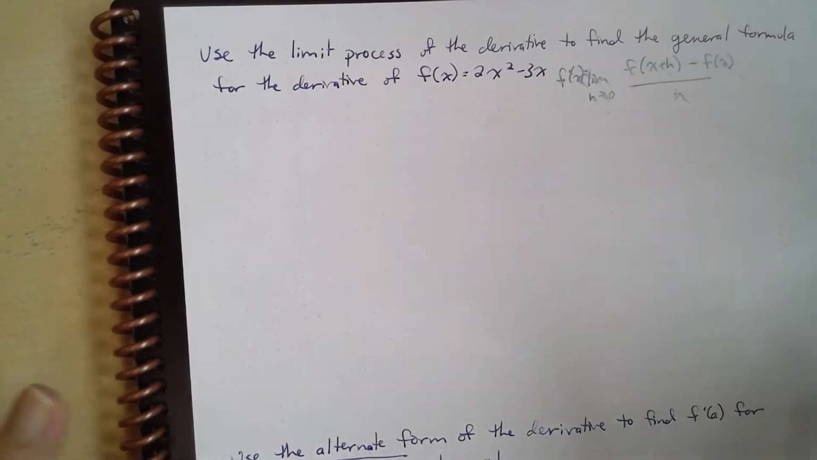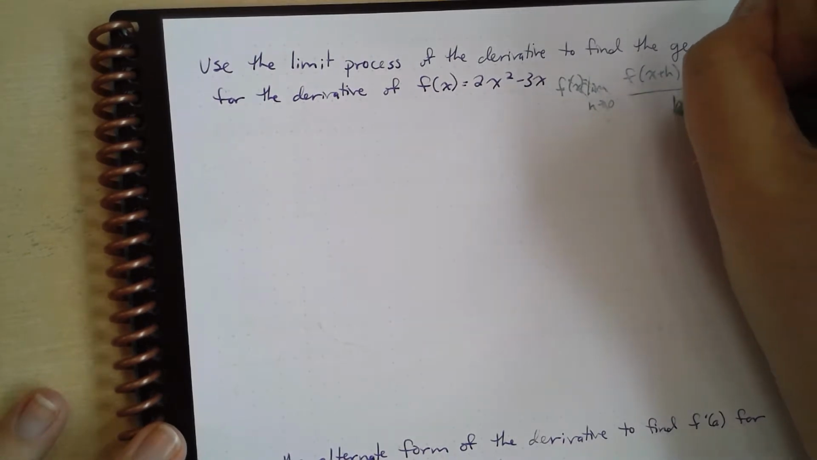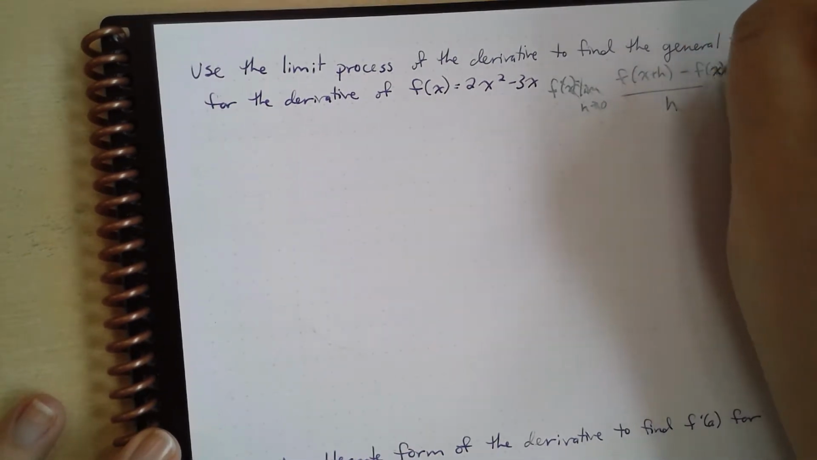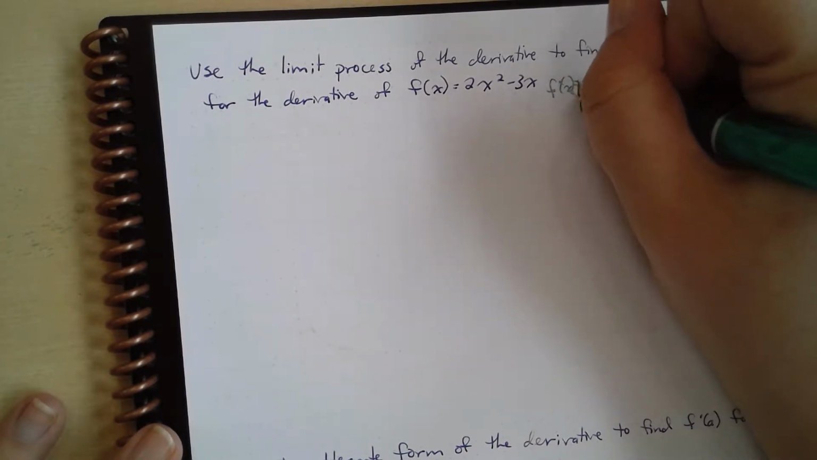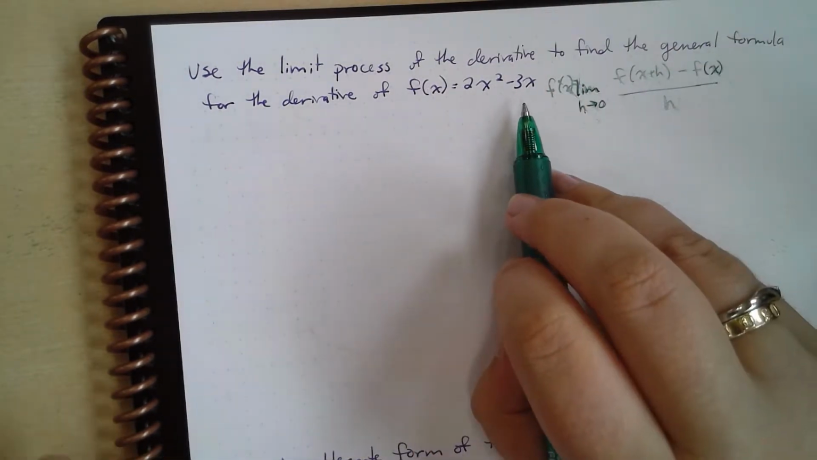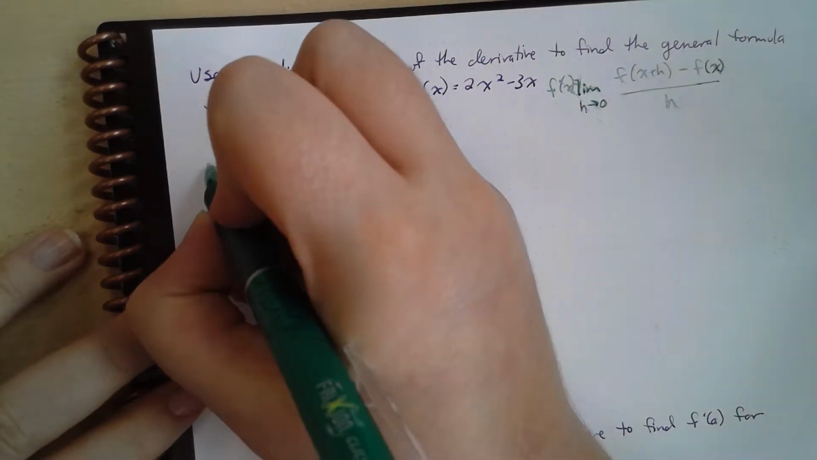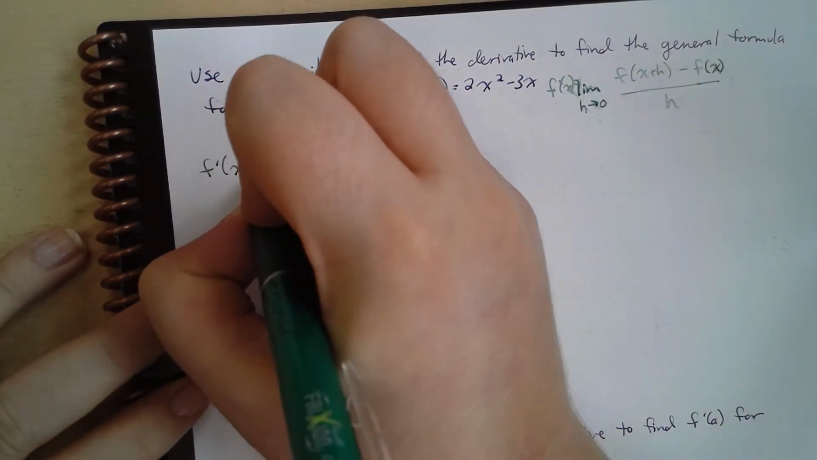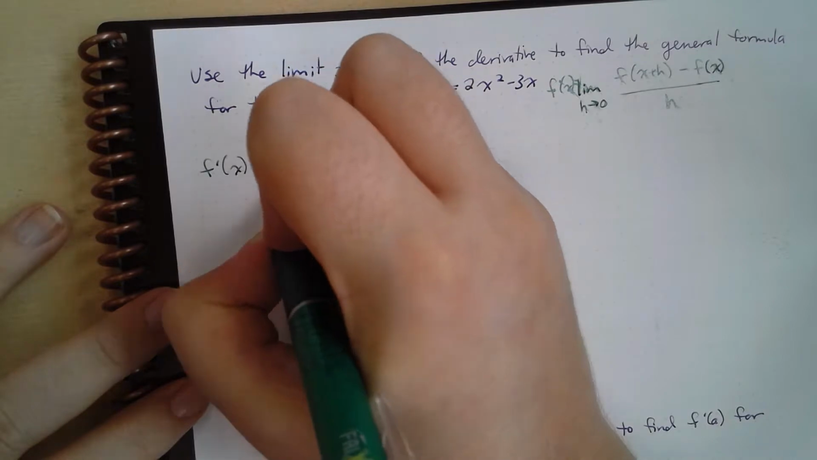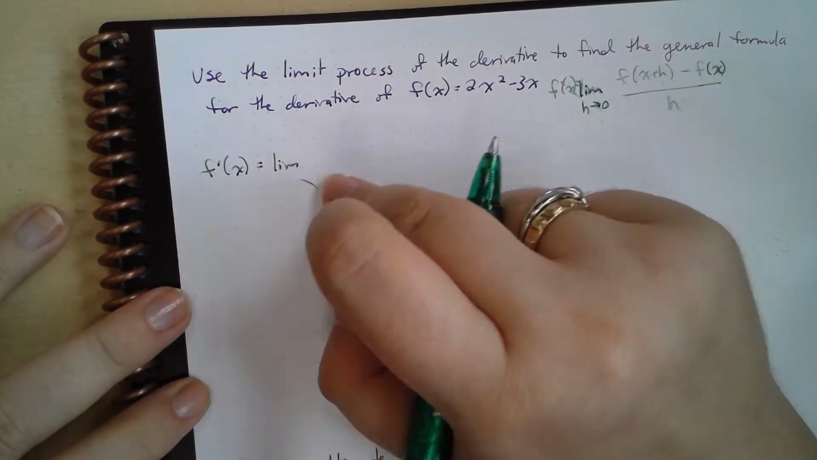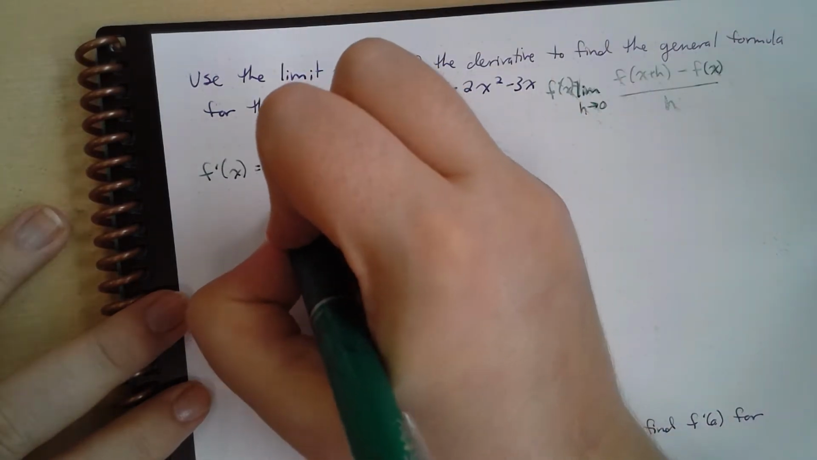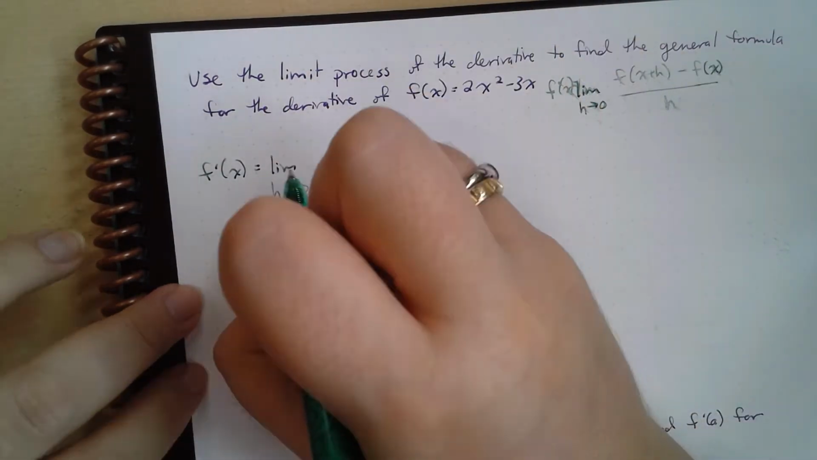Okay, good. Oh, and I smudged it all, but hopefully you can still see. So we're going to use that to actually figure out what's the specific derivative for this function right here. So f prime of x is going to equal the limit as h approaches 0 of